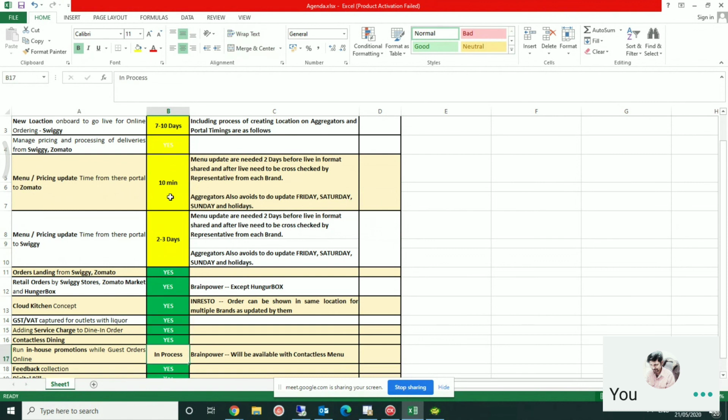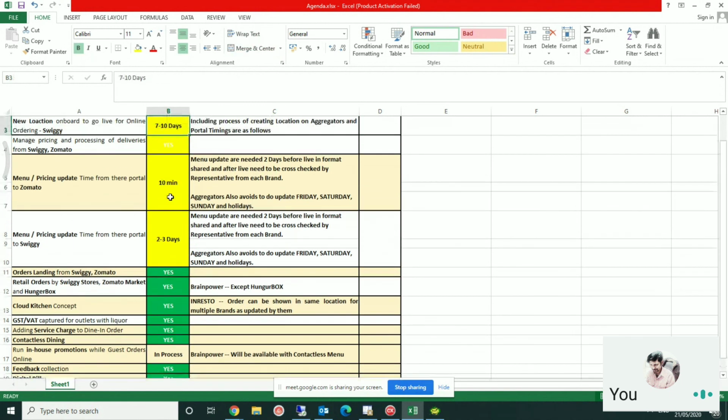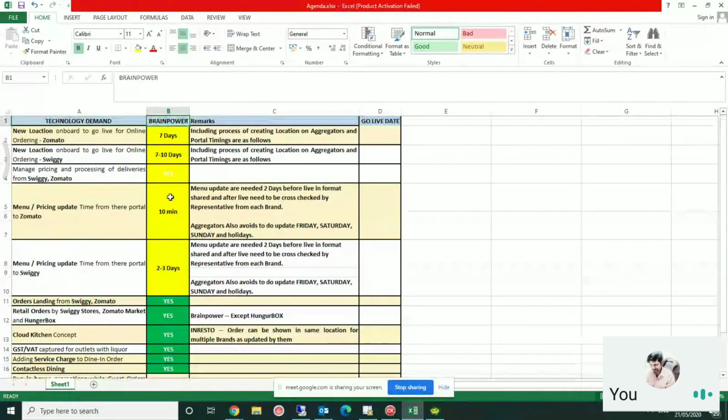The agenda and the points we mentioned before starting the session, all of them we have already discussed. So Rakesh, moving forward, if we decide that yes, we want to go live with aggregators, what all things do you need from me?